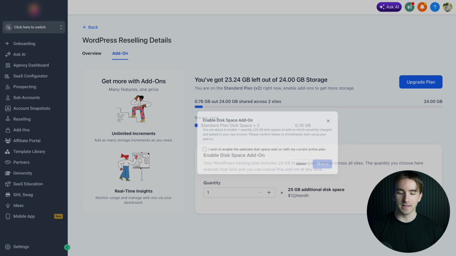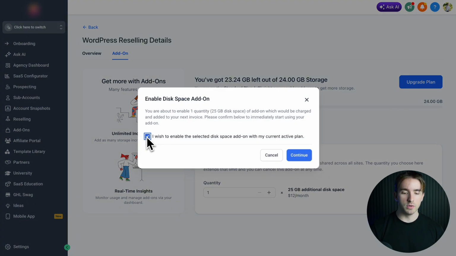And in order to enable this, just click enable add-on and then click I wish to enable the selected disk space add-on, which is for all of your sub accounts agency wide. Now this is really helpful for agencies because instead of having to add on a plan, you can simply increase your disk space with this add-on at the agency level, and then all of your sites have enough space to continue growing. So if you sell WordPress consistently and use it a lot within your agency, this will be really